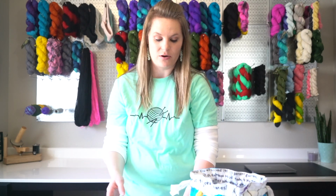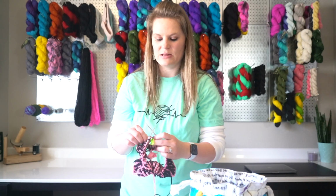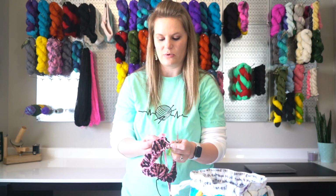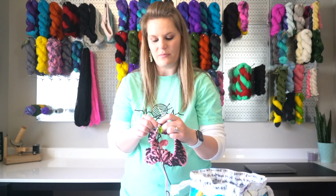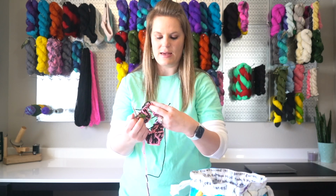I've officially heard from one person that they ran out of yarn, or they had to modify the pattern in order to not run out of yarn, or to kind of get a finished object. And it seems like it was going to be that way for the second one as well. And then I haven't heard from the third where she's at. But I am